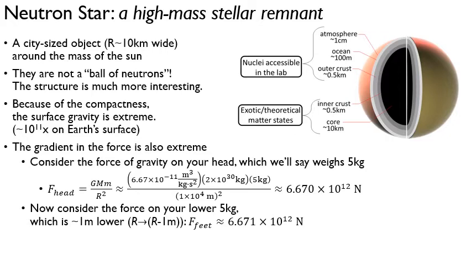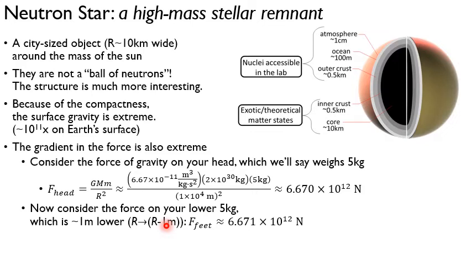Okay, so now let's consider the force on your lower 5 kilograms. So this would be like your feet and your ankles. This is located, ballpark, about 1 meter lower. It's a bit more than that, but this is just a ballpark estimate. So we can do the same calculation as above that we did for the force on your head, but for the radius, rather than plugging in 10 kilometers, we're going to do 10 kilometers minus 1 meter, which seems like